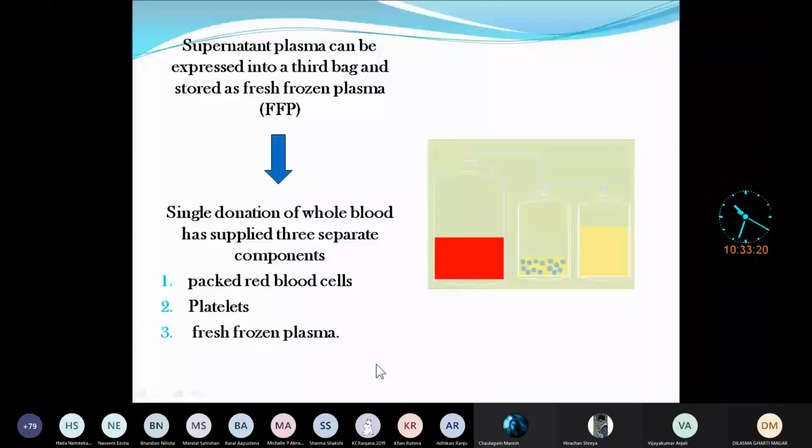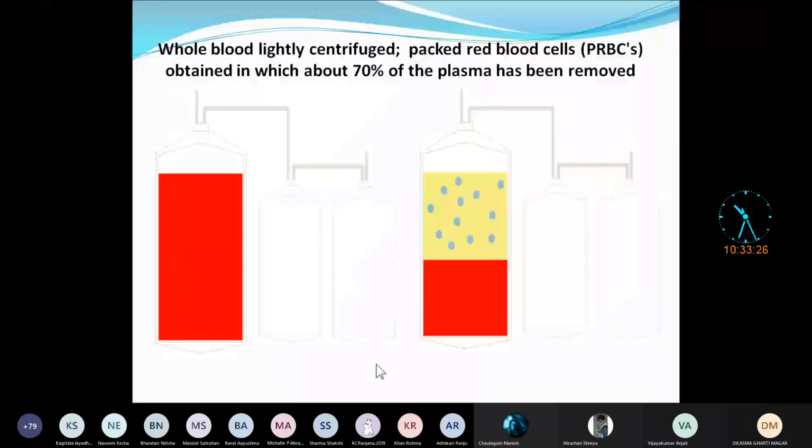Now with the picture only, you see here the bag. It has three tubes, and three plastic bags are there. In one, the whole blood is there. These bags are connected with a tubing system, isn't it? So one bag is connected with another tube, and the third bag is also connected. We will do a light spin, and then the RBC will settle down at the bottom, and the plasma remains above. RBC settles at the bottom because it is heavier than the plasma and the platelets. So the plasma is above with the platelets, and the RBC is settled down.